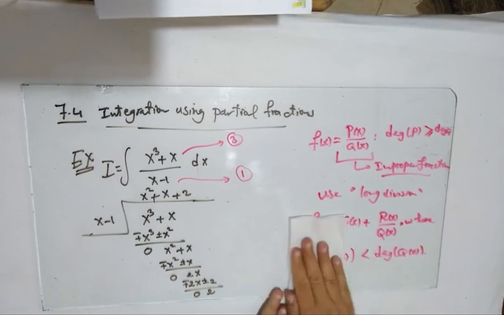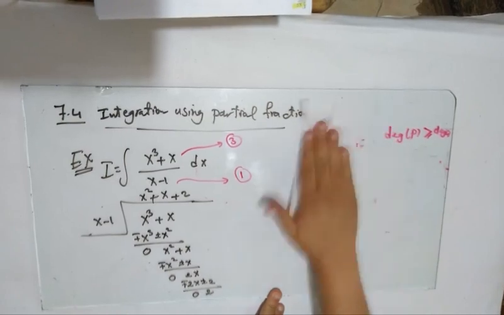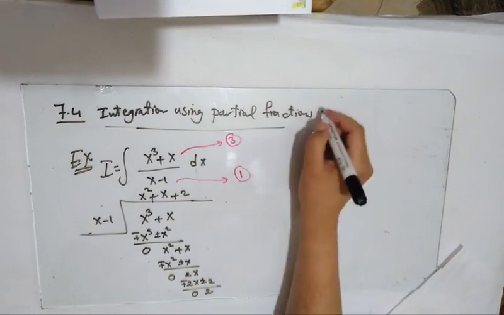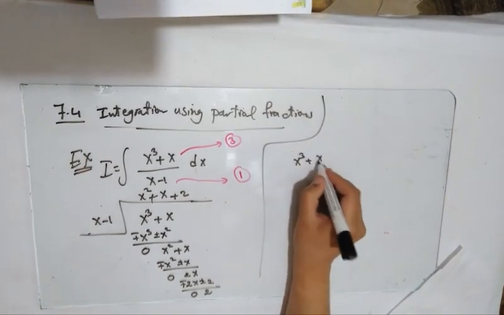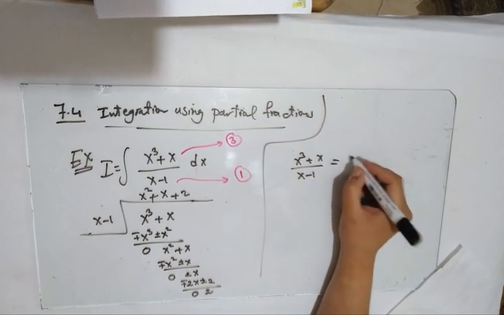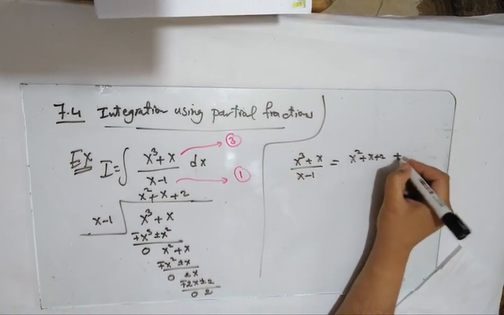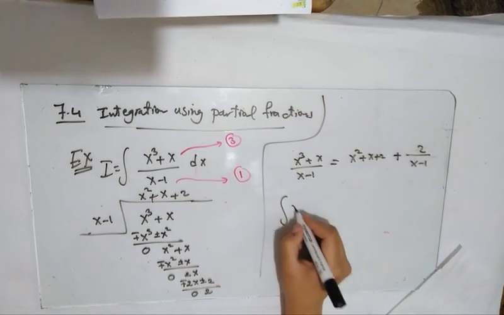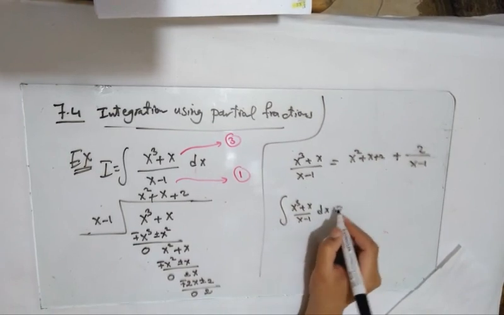Okay, so using this information from the long division, you can write f of x, x cubed plus x over x minus 1, as the quotient, which is x squared plus x plus 2, plus the remainder, which is 2 over x minus 1. So if you want to integrate x cubed plus x over x minus 1, it's much easier to integrate